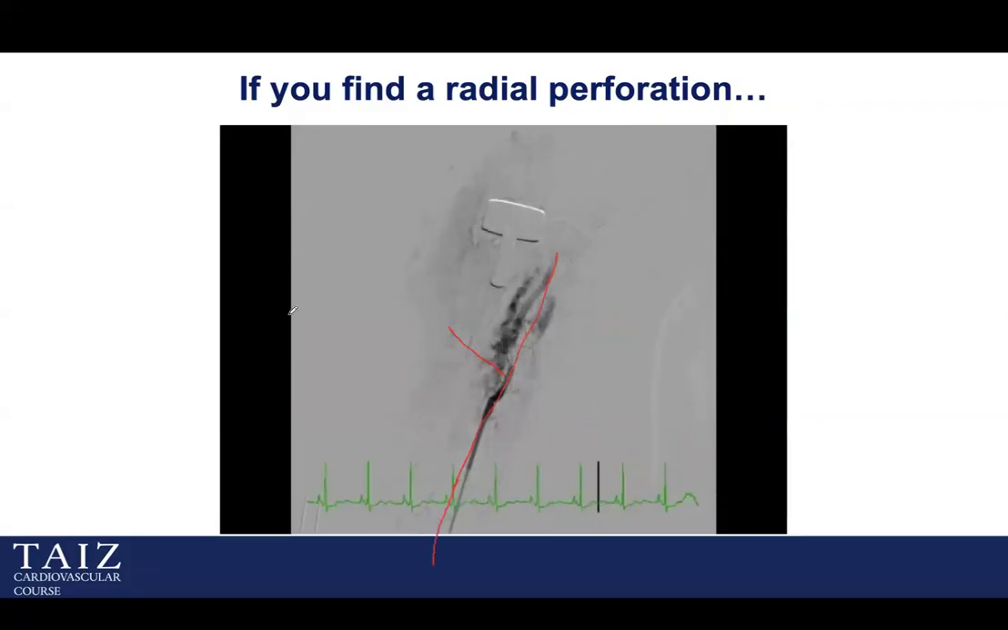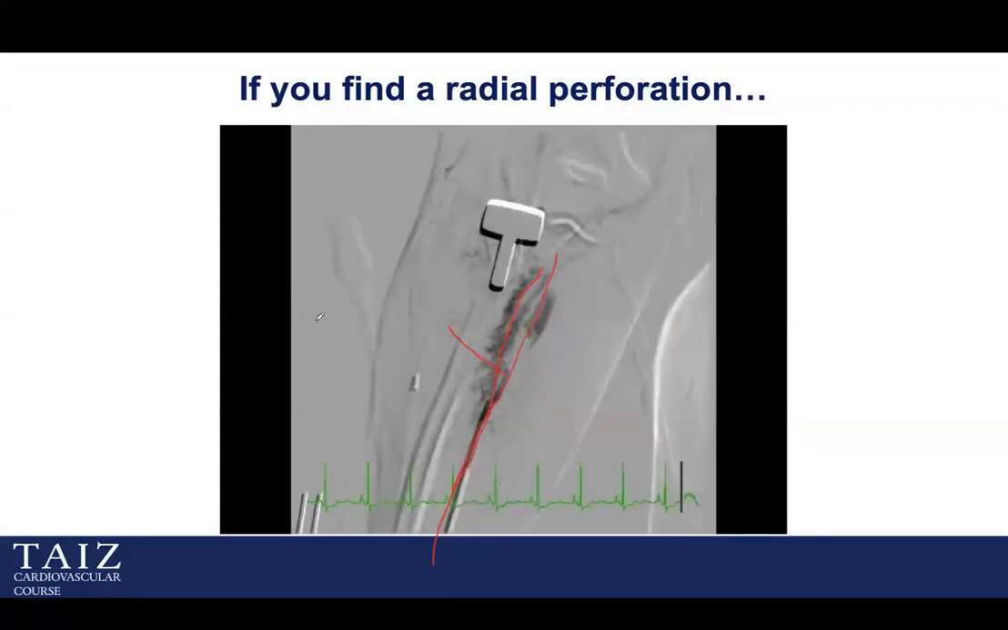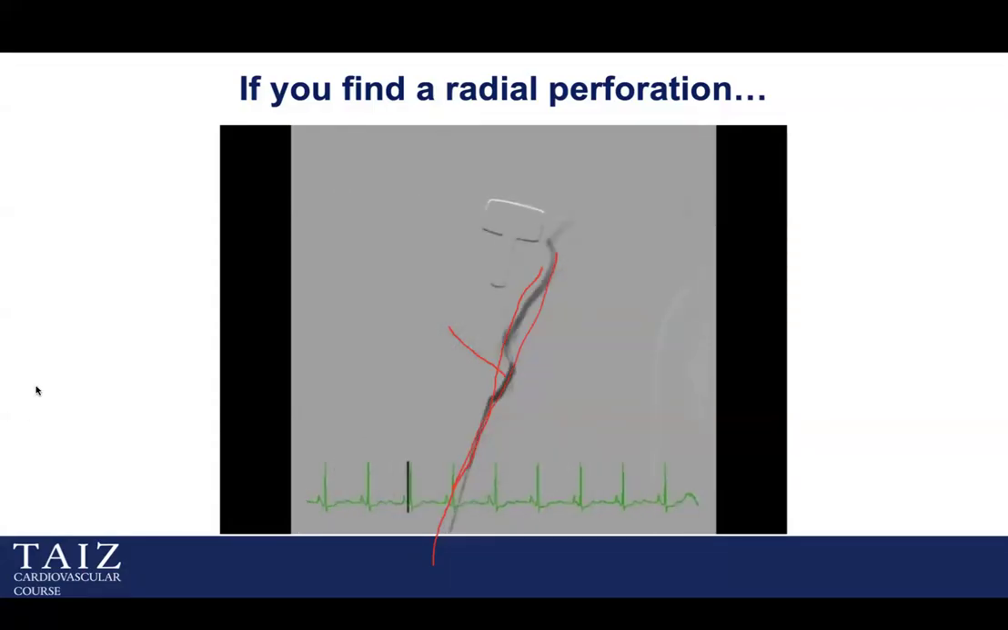Because if you put a sheath through this over the wire, it would almost act as a balloon tamponade of that perforation. So by the end of the case, you will see that the perforation sealed. But if you discover this late, at the end after you took out the wire and the catheters, and then you took a picture and you saw this perforation, then what you need to do is